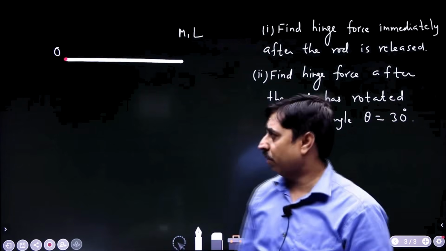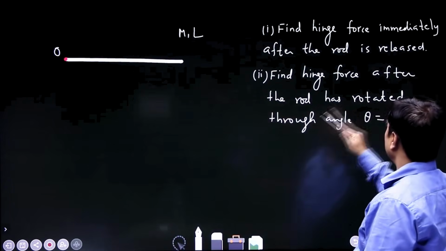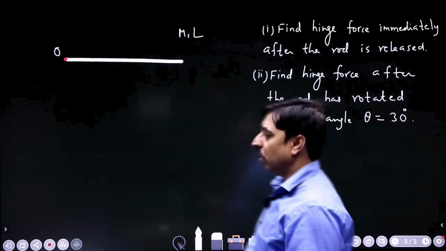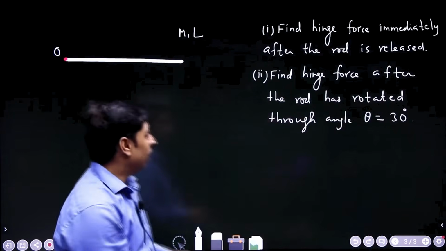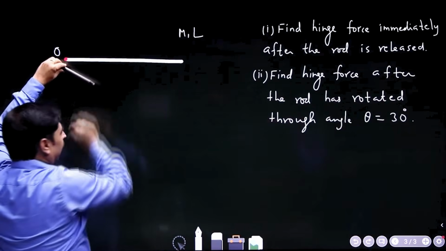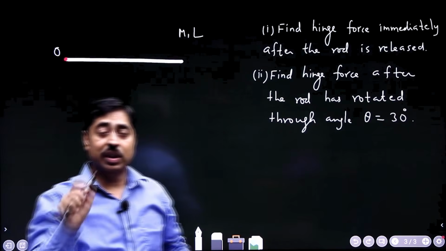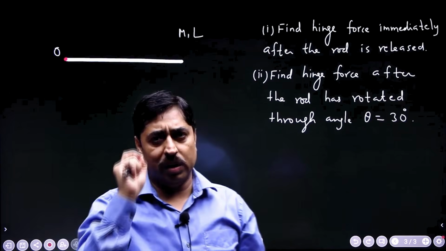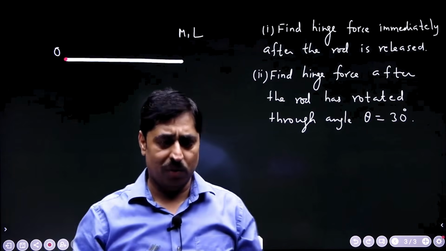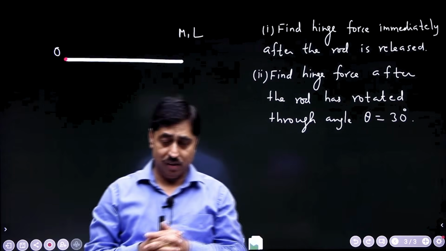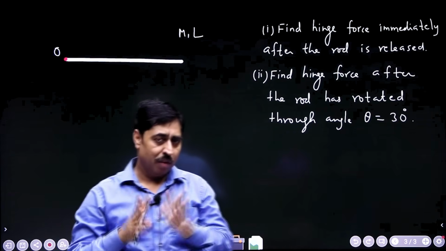And the second question is, after the rod has rotated through an angle of 30 degree, what is the hinge force? So, after the rod has turned through an angle of 30 degree, at that particular instant, how much force the hinge is applying at point O, the support is applying at point O. So, these are two problems. Let us discuss them one by one. First one,